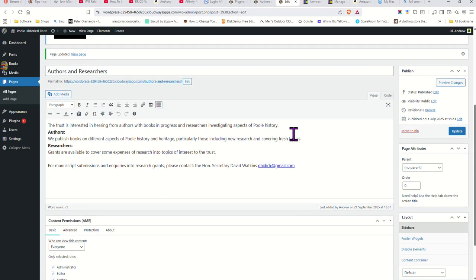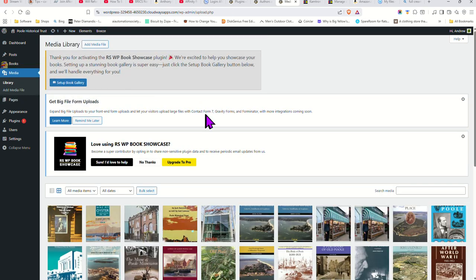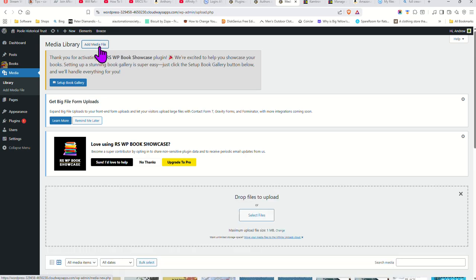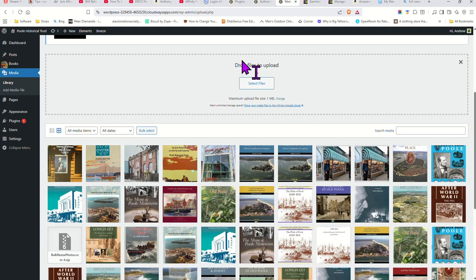So now if you want to add a document, the easiest way to do that is, first of all, go to your media library, add file. So what I recommend is to add a PDF document. If you add a Word document, people can edit the Word document. So ideally you'd want it in a PDF format, and then you just select,